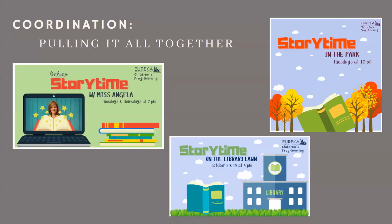Our final objective was the coordination of our plan. This, from the beginning, was where we knew we wanted to end up. And while we're making progress, we still have a ways to go before we're satisfied with our end result. Each of the steps discussed, the evaluation of material, branding, and using more templates have helped us really get a handle on our plan, and we're working with those steps as we move ahead with the message we want the public to see. On this slide, I have several different events that we're currently providing through our youth services program